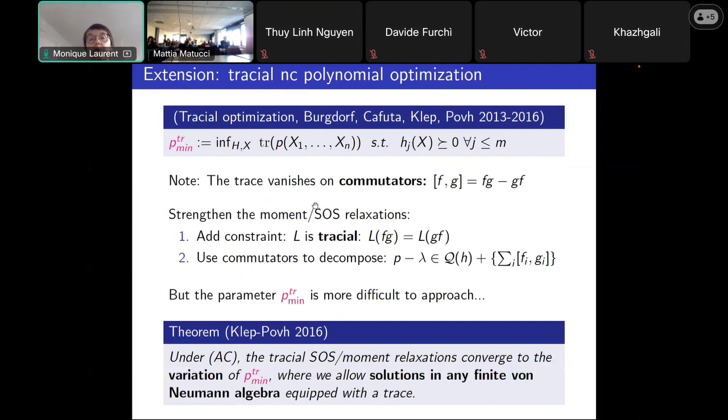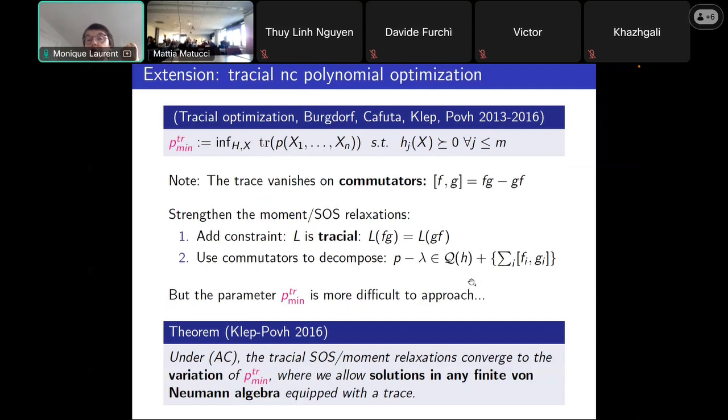So then your L would have to model L of P, which would be this thing. What you could do is have additional constraints on your L, namely that it is tracial, meaning that L of fg is equal to L of gf. This is because the trace of fg is equal to the trace of gf if you have matrices. So you would add tracial constraints to your L,